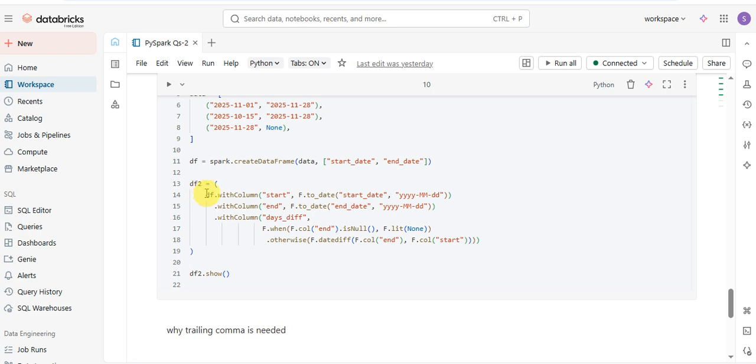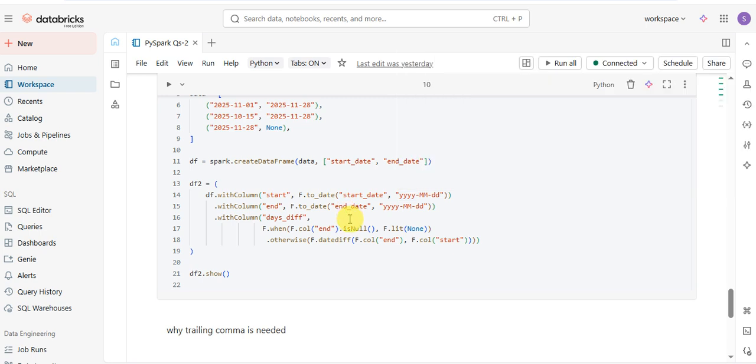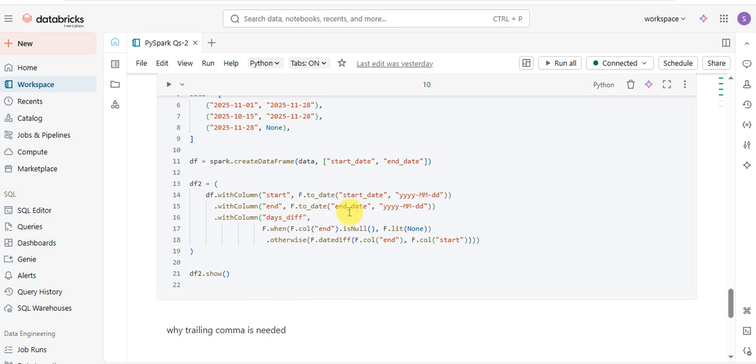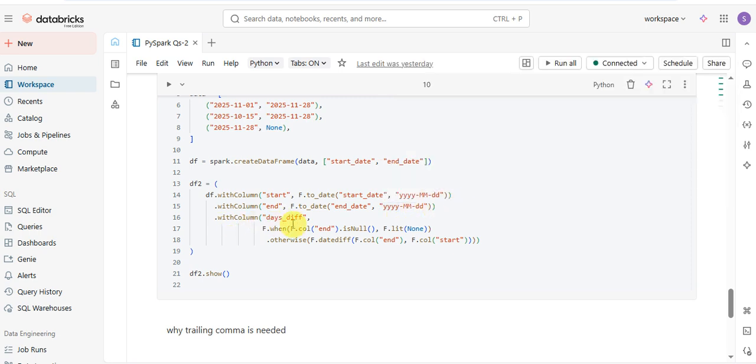So coming to df2, df with column, this creates a new column, that is start, to date. It converts the start date string to YYYY-MM-DD date format. Then with column end, this is a new column name, and the end date column is converted to YYYY-MM-DD format. And with column days difference, it is arithmetic on